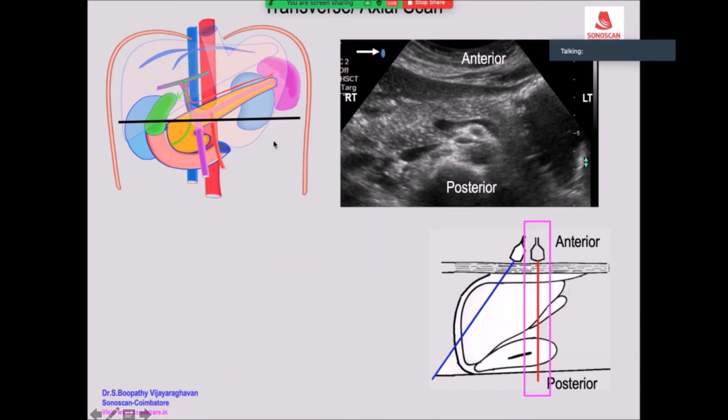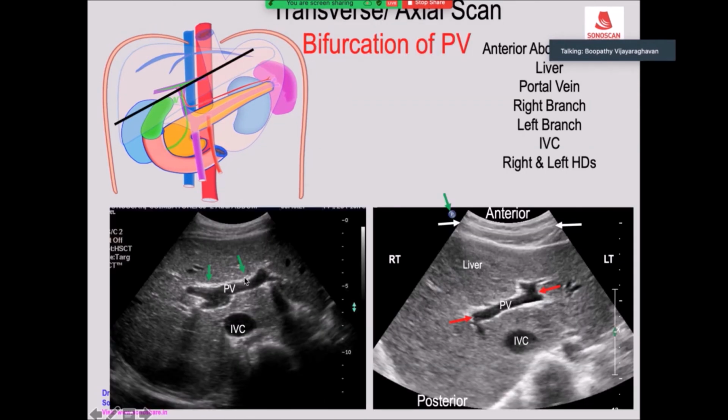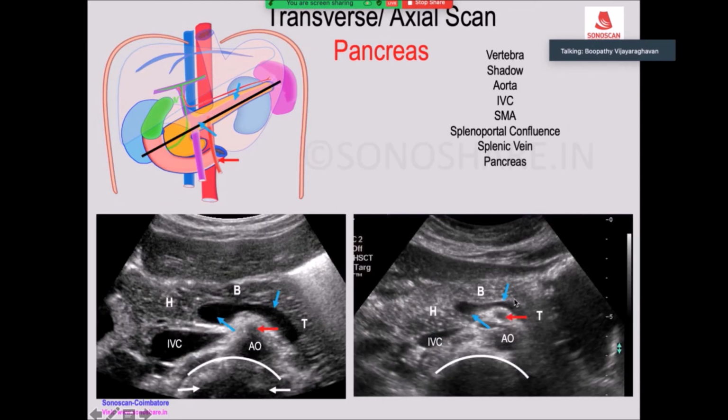Okay, but in the first transverse scan, we give a cephalic tilt like that. So that is the tilt. When you give a tilt, the image is like this, and what will be this? This will be anterocaudal, and as you go deep, it will be the right hepatic duct and the left hepatic duct. Then they both join to form the common hepatic duct, which is joined by the cystic duct to form the common bile duct, and the tail of pancreas is anterior to the left part of the splenic vein. So that is the entire pancreas, you see so nicely.